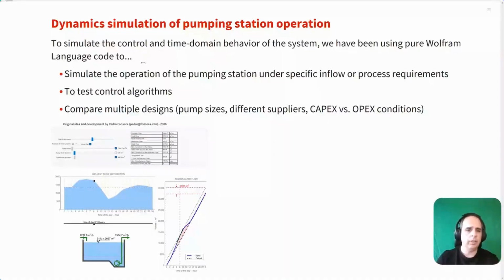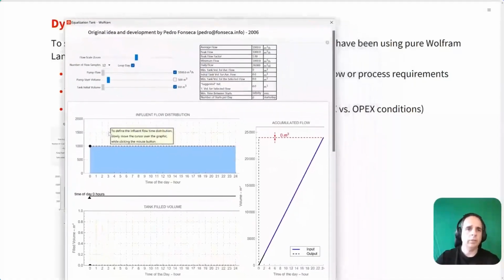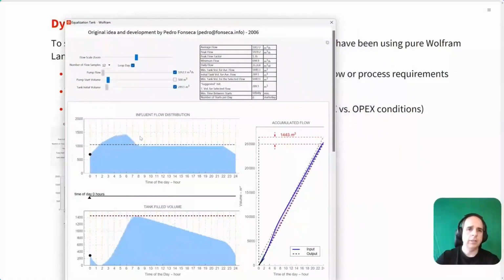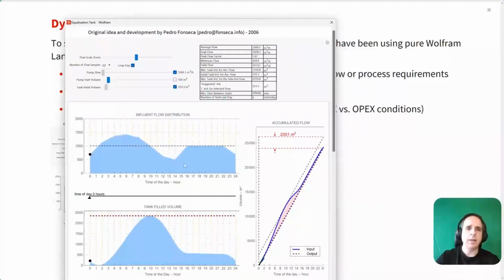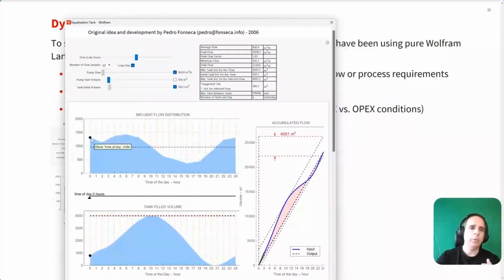I have here a simple interface for training, where we can slide the mouse along this plot to draw what would be a typical 24 hours curve of inlet flow rate into the pumping station, and we have the equalization volume along the day. On this particular arrangement that we just traced, we would need around 4,000 cubic meters to have a full equalization of the